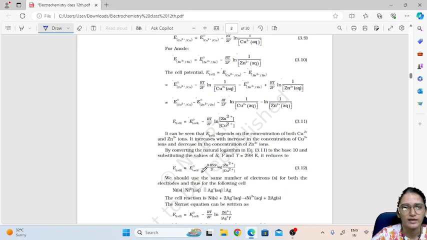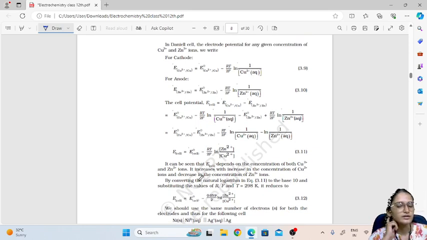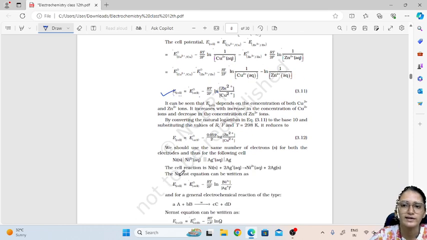So in the exam you have this equation, the Nernst equation, which is very important, and you have to solve sums on this also. Nernst equation is given by this. E of cell means EMF of cell. EMF of cell is equal to E naught of cell minus RT by 2F natural log of zinc 2 plus over copper 2 plus concentrations. When we simplify it, we get E of cell is equal to E naught of cell minus 0.059 by 2.